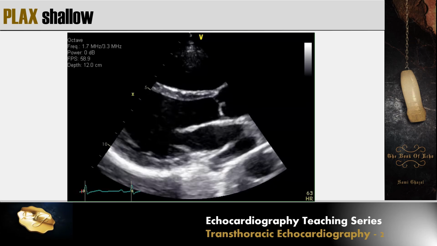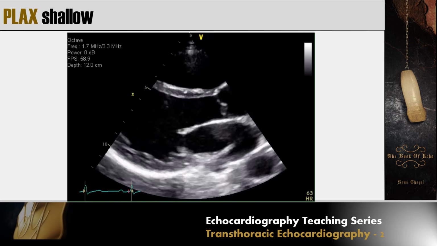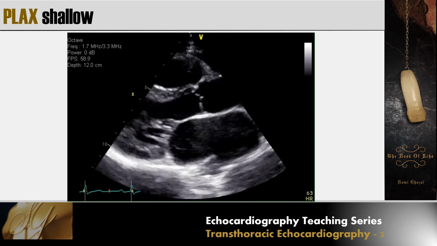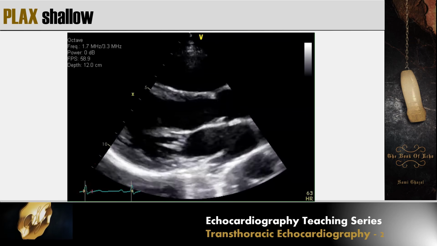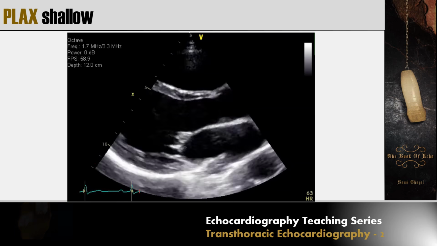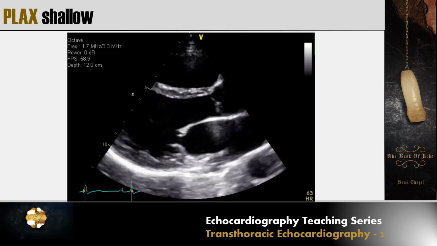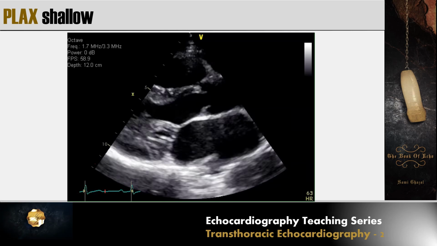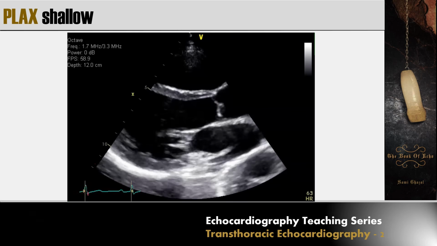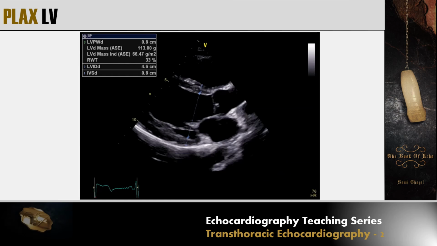Then the depth is decreased, so we can see the heart and nothing but the heart. So we will have a good temporal resolution as well as spatial resolution. Freeze at the end diastolic frame, the frame that has the thinnest LV walls and largest LV cavity, and measure the following. Measure the septum